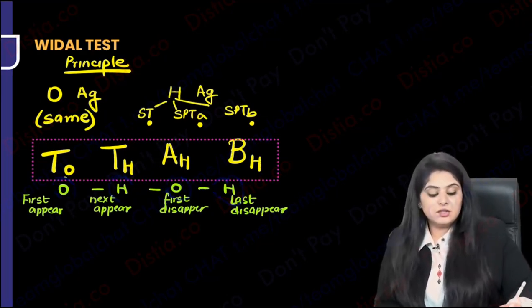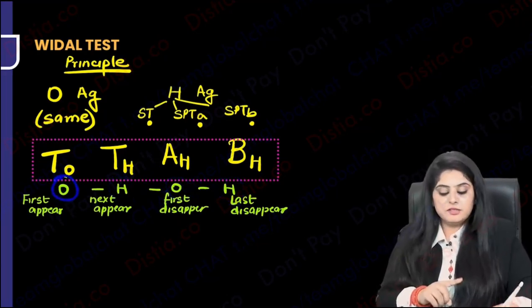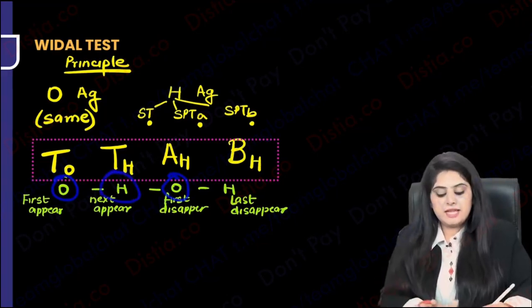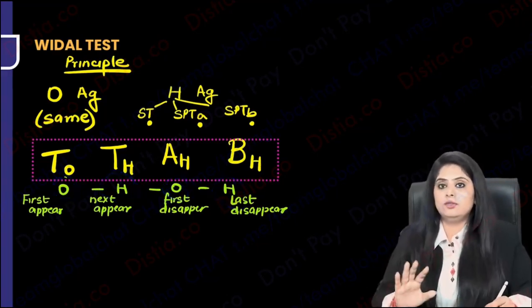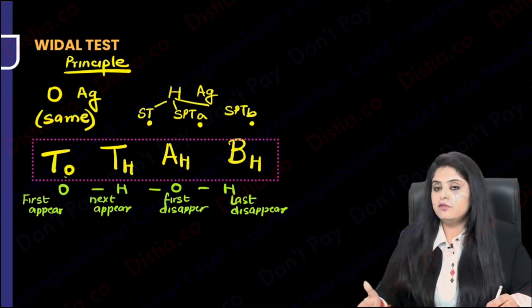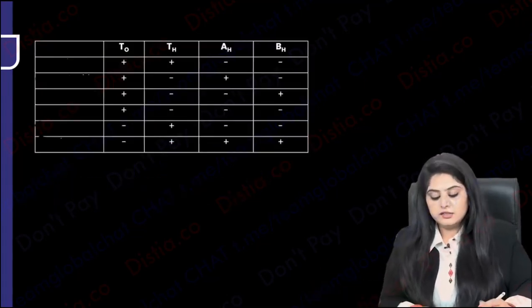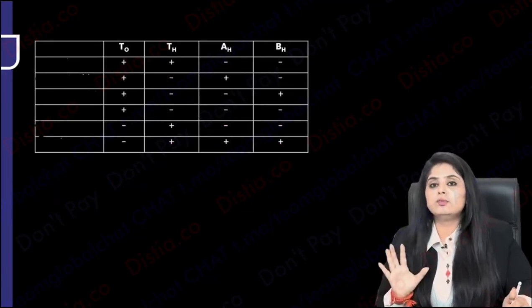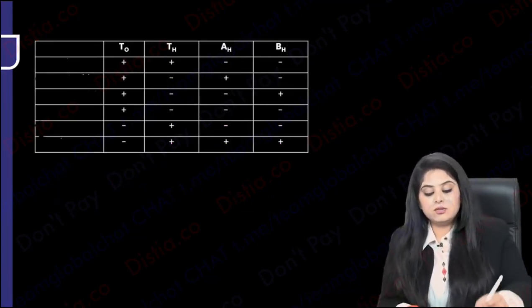OH. That is, O antibodies will come first, O antibodies will go first. H antibodies will come later, H antibodies will go also later. So OH: come first, come second, go first, go second. Okay? So now if I tell you these scenarios, I'm not telling you the controversy right now, I'm telling you the old school method. If I go to this scenario, look at this.